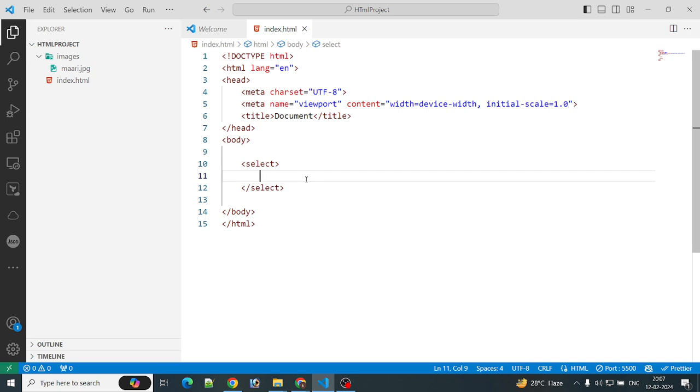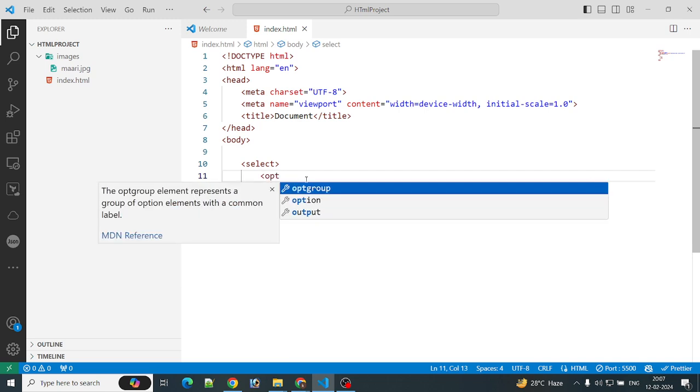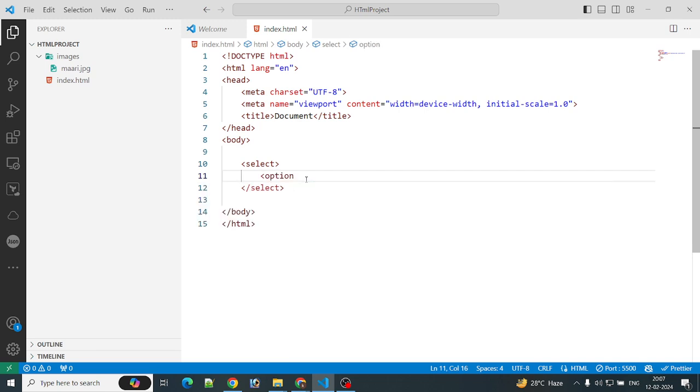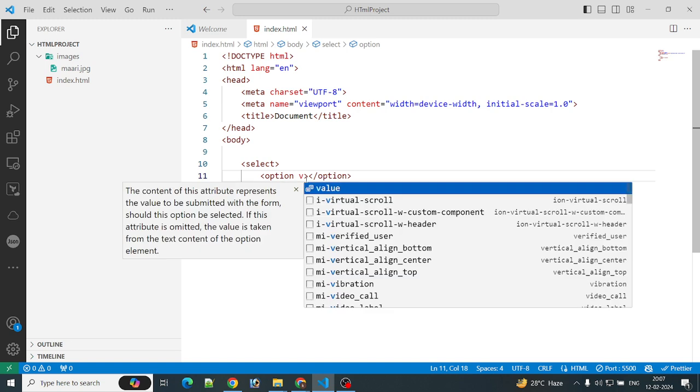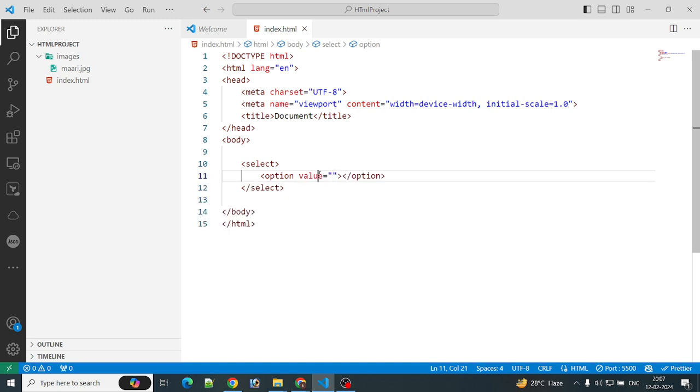We will have option tags. Inside the select tag, we will have option tags. For this option tag there will be a value attribute. It is mandatory. For the select tag also there are some attributes, but